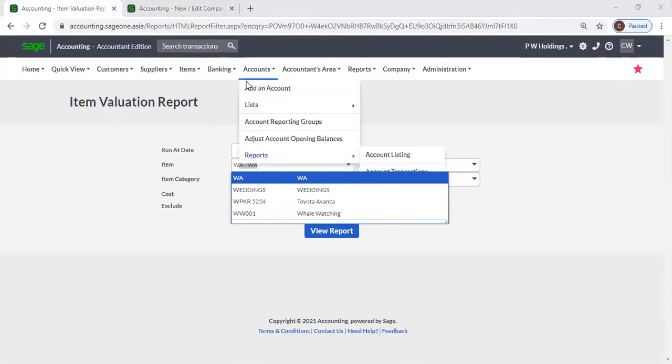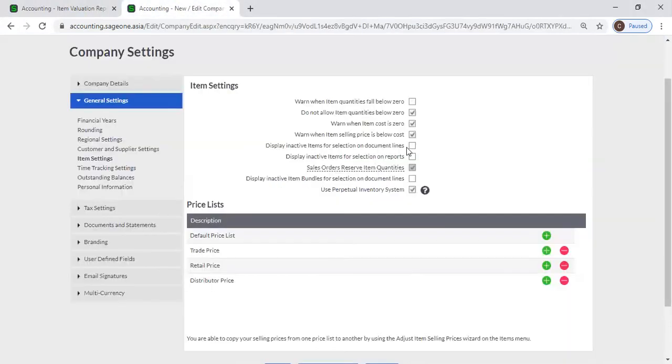If you tick this option, inactivated items will display for reports. It's very similar to the customer and supplier inactive items. Then next one is sales order reserved